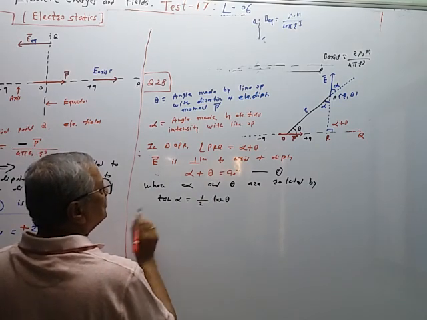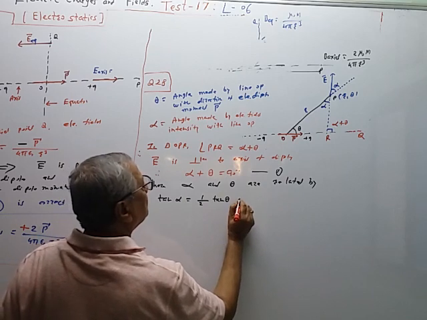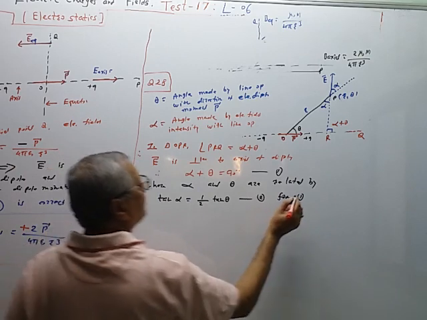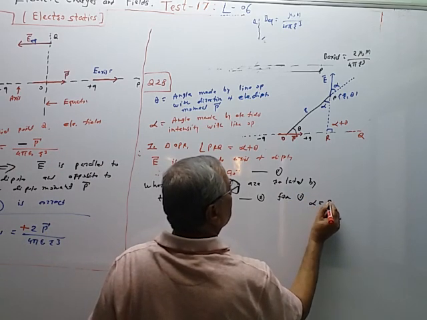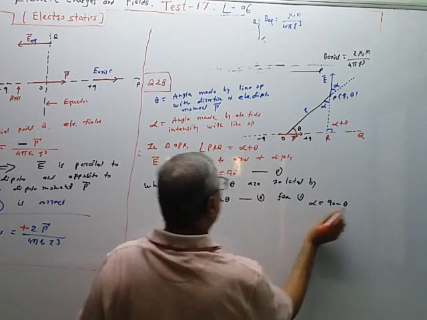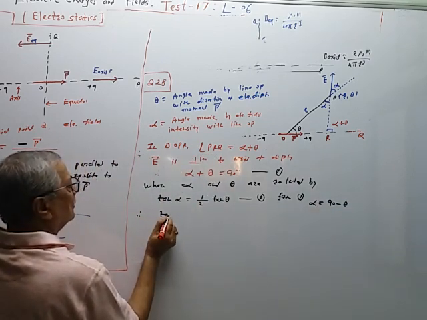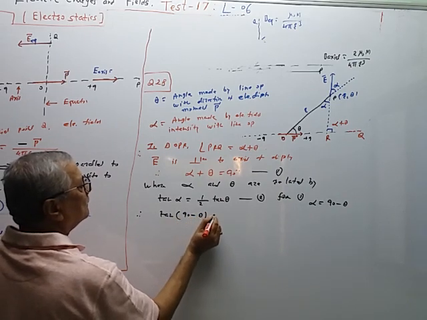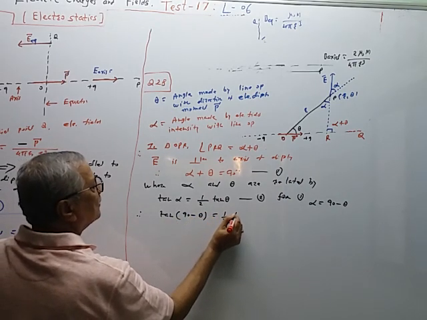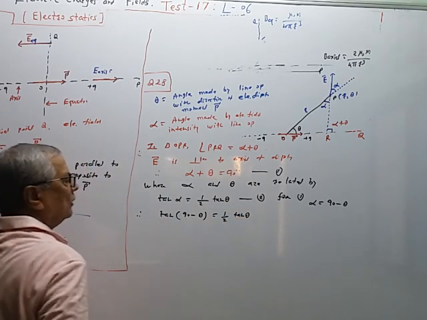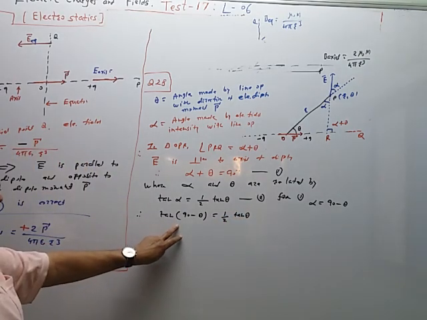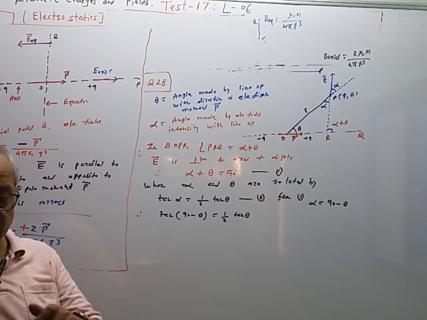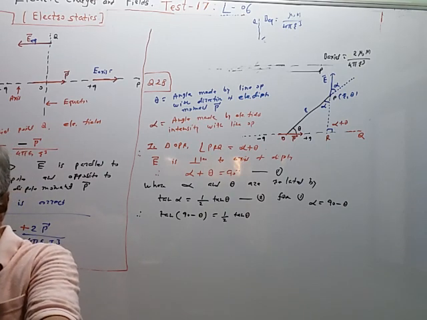We have to find theta. So from equation 1, alpha is equal to 90 minus theta. Therefore, tan of 90 minus theta is equal to 1/2 tan theta. Here now we have to use trigonometry. Tan of 90 minus theta is always equal to cot of theta. So this property is given in our logbook.